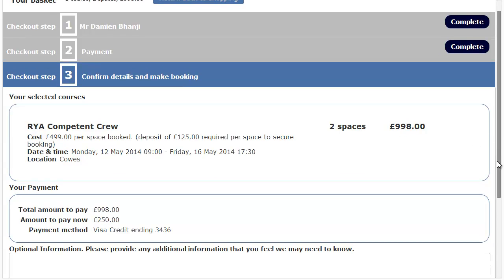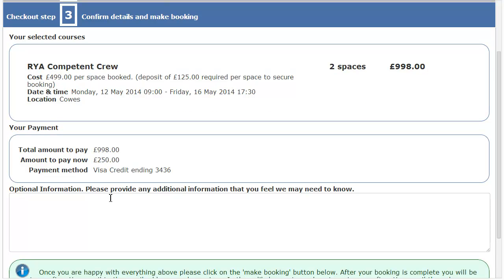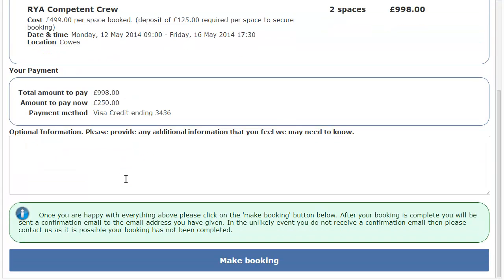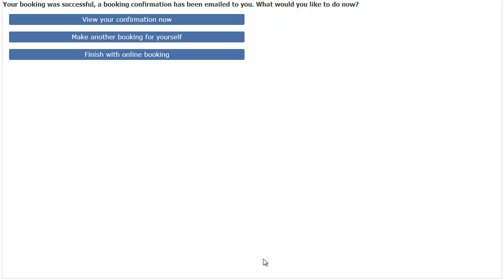Here you'll see we have the course that we're booking, the spaces, and the cost. The payment in total would be $998, but the amount to pay today is $250. And down the bottom here is the make booking button, which I'll now go ahead and do. There we go. That's actually now done the booking,